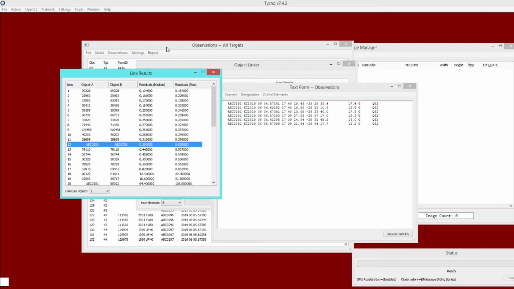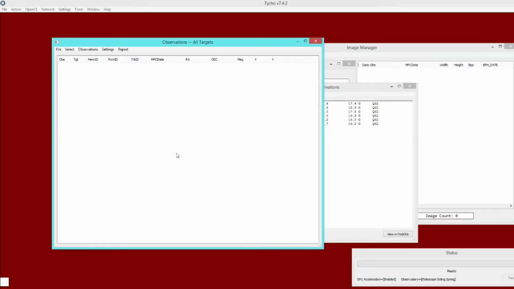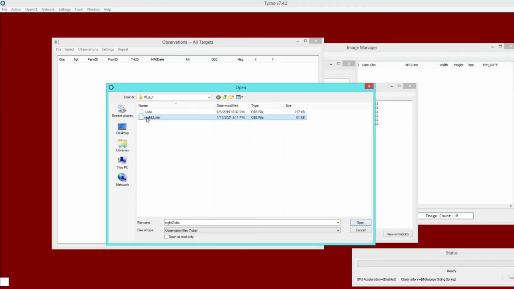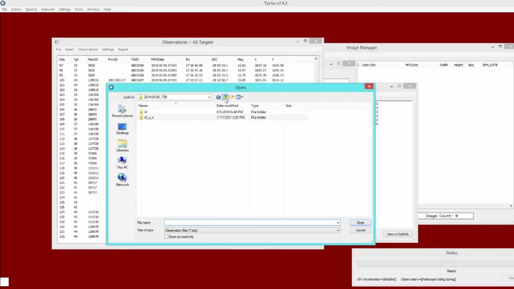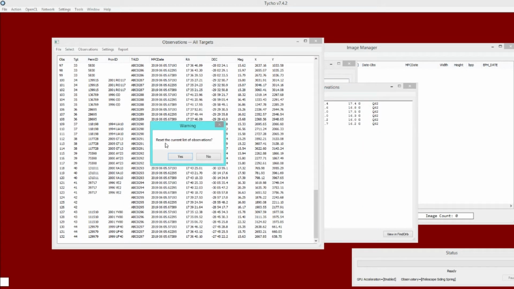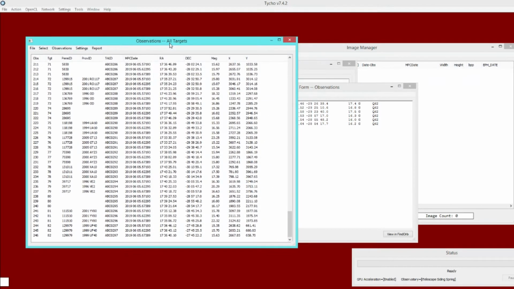So you go back to your observation window, and I'm just going to start from scratch. So I'm going to reset all, and I'm going to load up one of the 2 nights. So this is night number 2, and I'm going to go ahead and load up night number 1, and this time I'm going to append to the list. So when it asks if I want to reset the list, I'm going to say no, because I want to have combined observations. So as you can see, we have 246 observations from both nights of data,